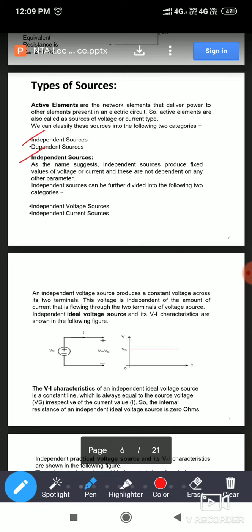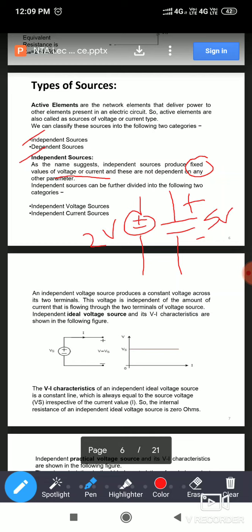What is the meaning of independent sources? Independent sources means the sources having fixed value, fixed values of either voltage or current. तो व्होल्टेज सोर्स असू शकतो किंवा करंट सोर्स असू शकतो. मग व्होल्टेज सोर्सचा सिम्बॉल कसा असतो इंडिपेंडंटचा? The circle with plus minus inside, or a battery. The bigger plate is positive, smaller plate is negative. So this will be 2 volt, this will be 5 volt. Such types of sources are called independent voltage source.